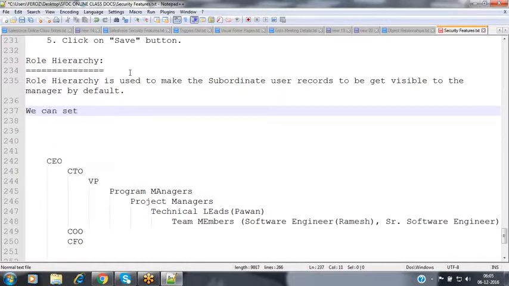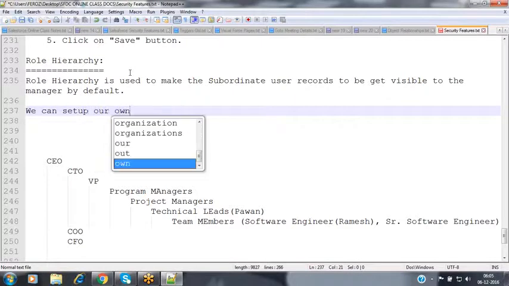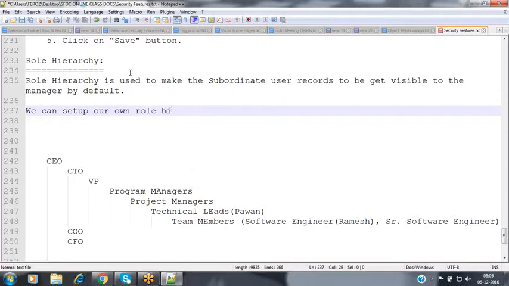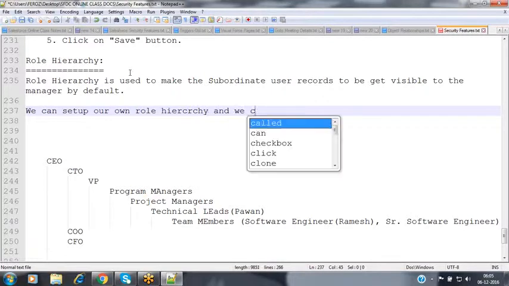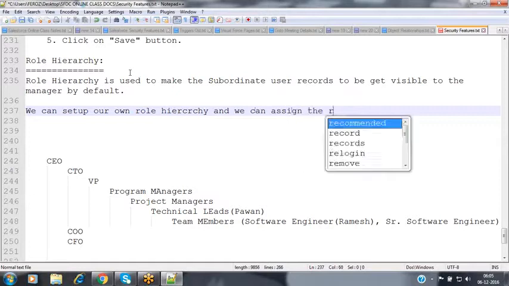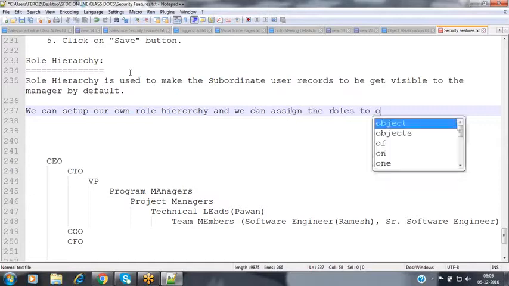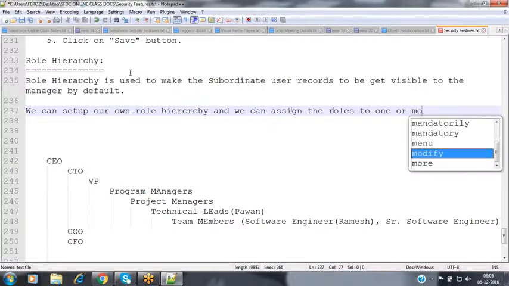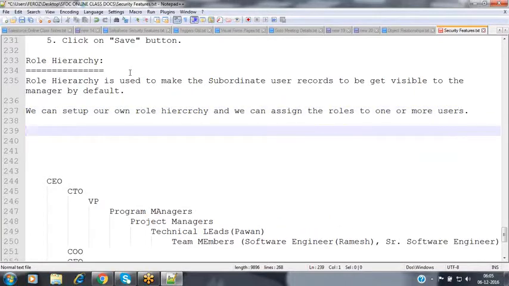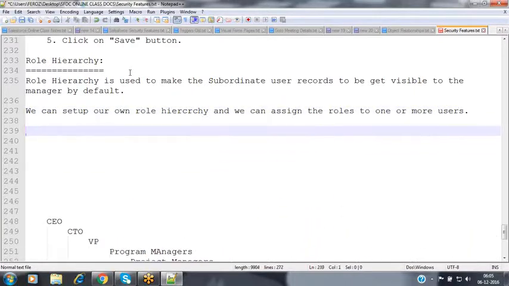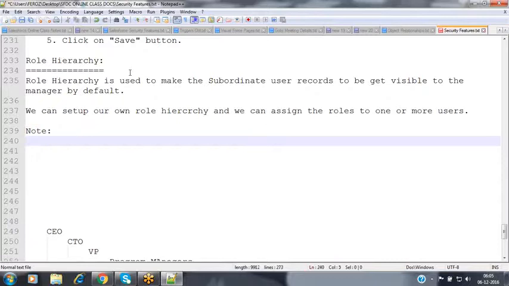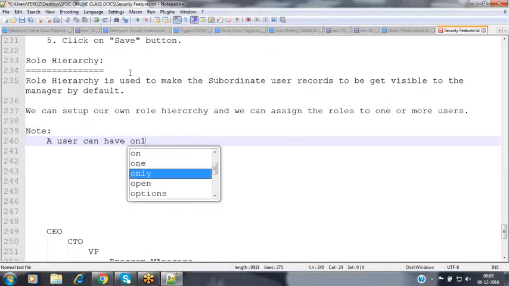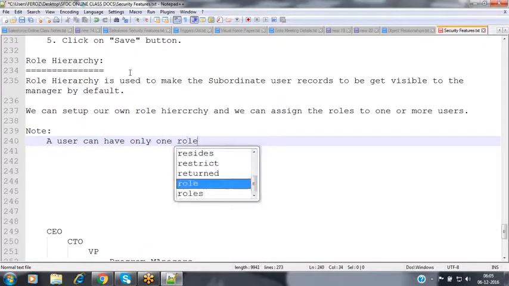So now we can set up our own role hierarchy, and we can assign the roles to one or more users. Here we have a note point: a user can have only one role, not multiple.